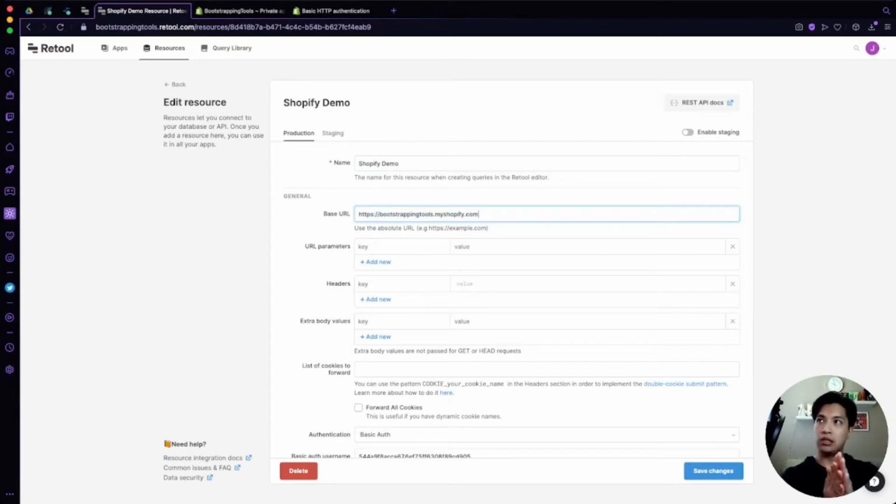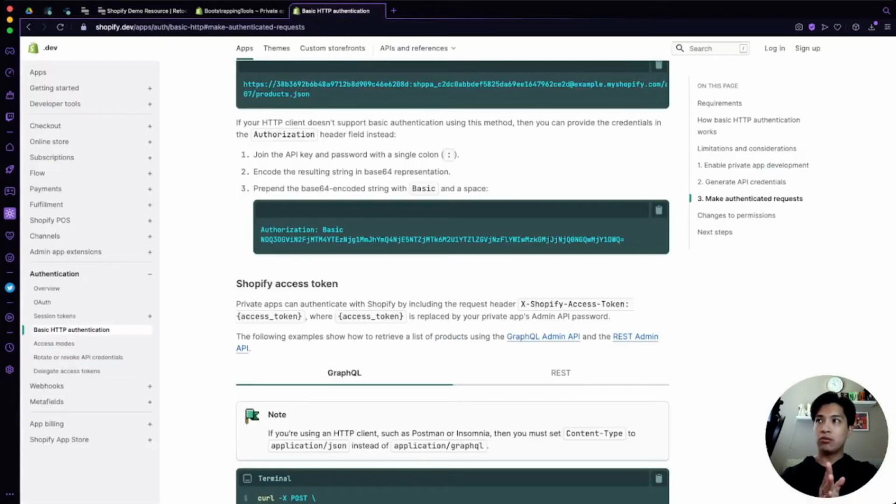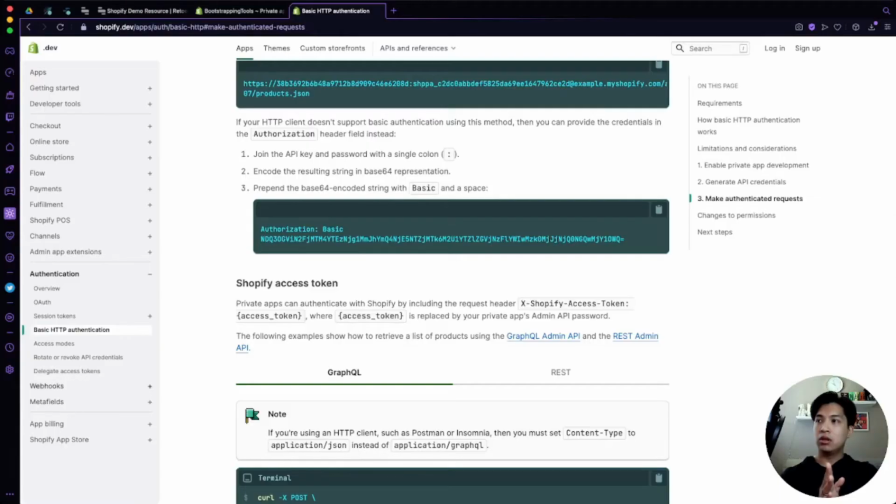Now, by adding this resource into Retool, this will allow you to select it when you're building apps later on to just say, I want our Shopify demo resource, and then it's going to pre-populate this first part of it, and then it's going to always use the same set of credentials. That way, no matter which resource that we're querying from on our Shopify app, it is going to be giving us